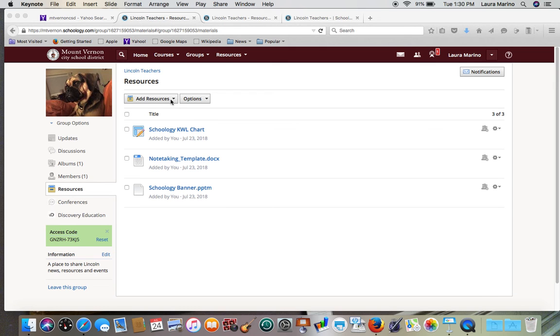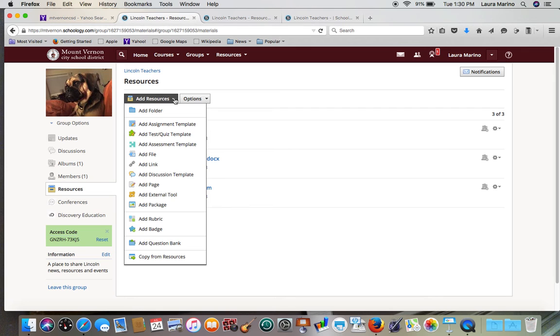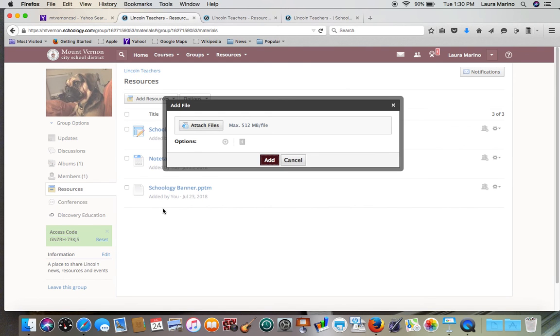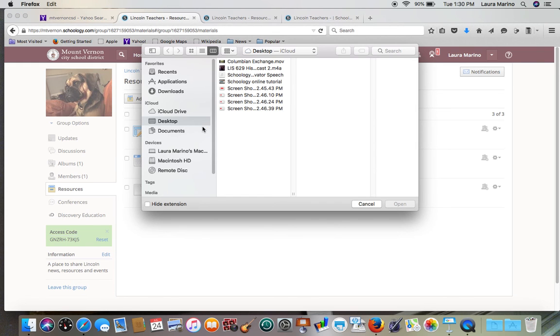Go to Add Resources and click on it. And you will see you can add various things to this group. I'm going to add a file. You may have lessons you have stored in your files, and that's where you're going to download it. I'm going to find a file to attach, and it's going into my computer to find it. I'm going to look in Documents, and in my Documents folder, I have a folder of Tuck Everlasting